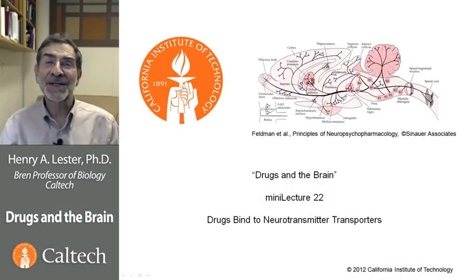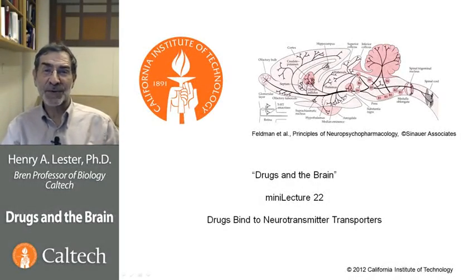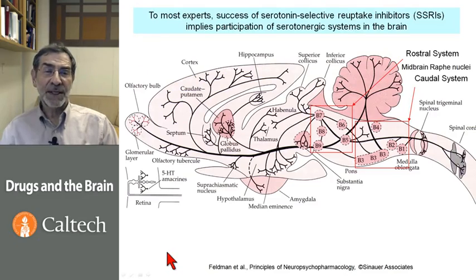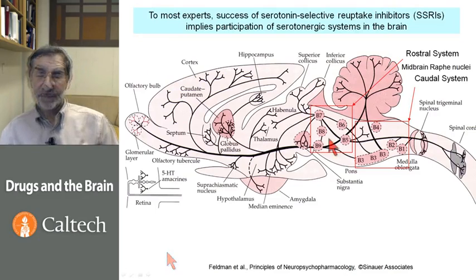Hello, we are discussing neurotransmitter transporters. These are very cool molecules, and they are the third major class of targets in drugs in the brain. As usual, we start with a system or a nucleus in the brain that can focus our attention on the target under discussion. And certainly for the neurotransmitter transporters, part of the focus needs to be on the cells that